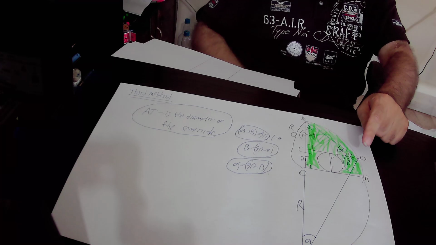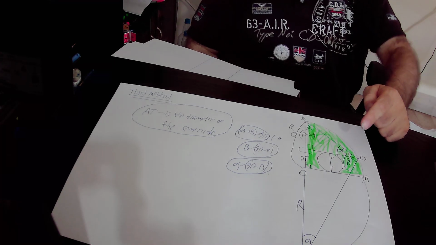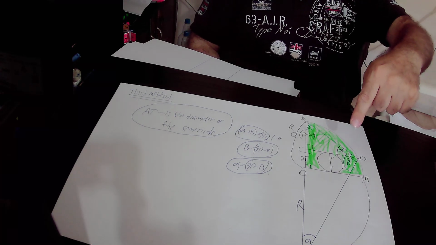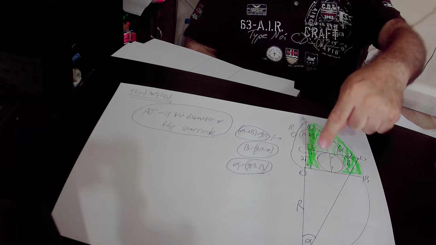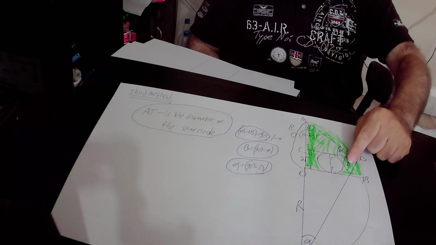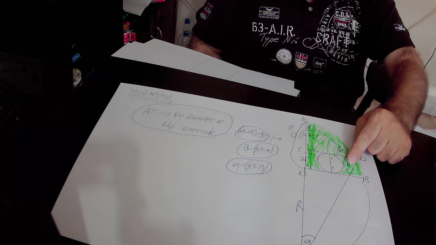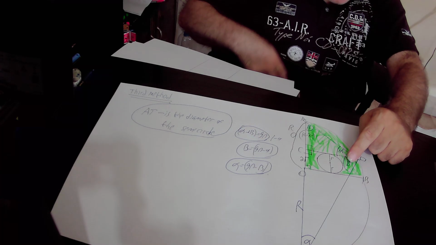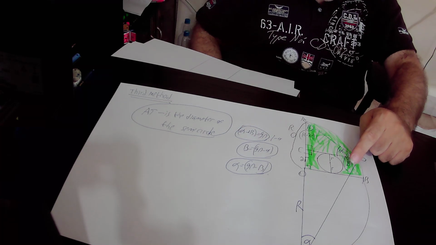We did it, and then we focused on the right triangle CDT. In the right triangle CDT, this angle equals 90 degrees. This angle equals alpha, therefore this angle must be equal to 90 degrees minus alpha. But we already found that 90 degrees minus alpha equals beta, so we can substitute 90 degrees minus alpha here by beta. We did it,